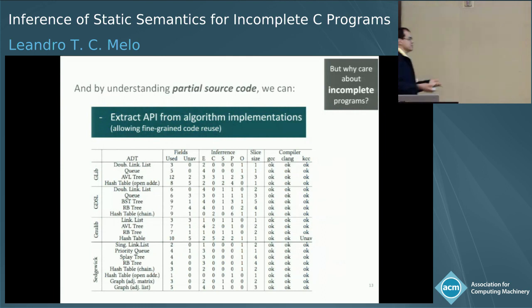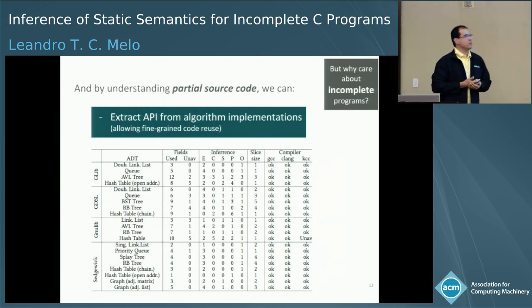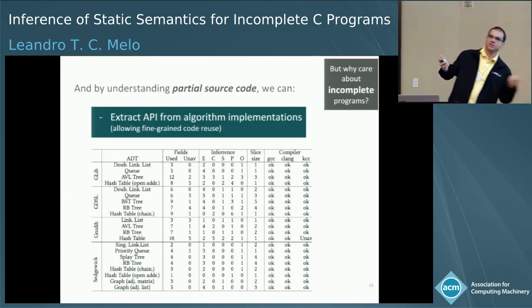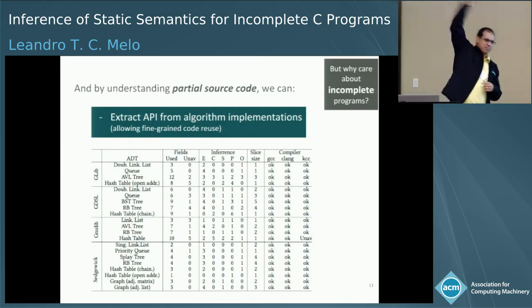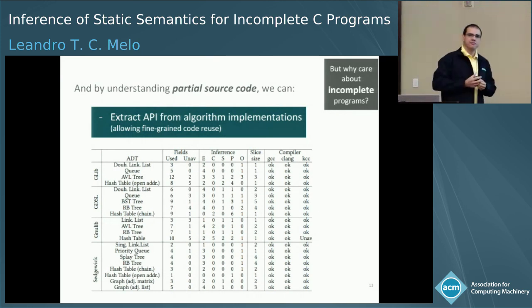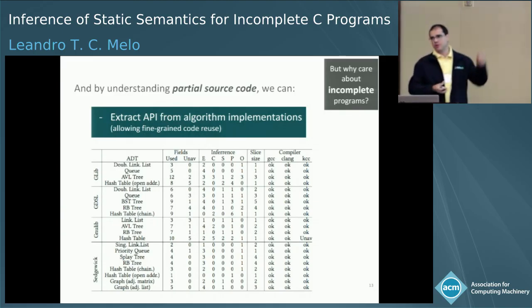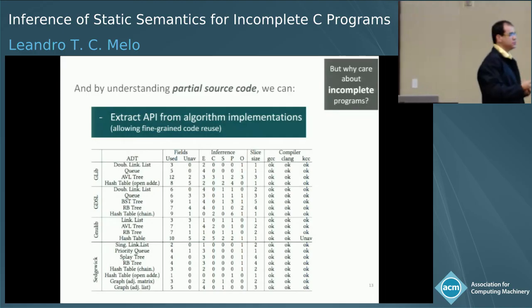Understanding partial source code is also interesting if we want to do some sort of fine-grained code reuse, because there are so many data structure implementations out there in cool projects you want to reuse. But then you want to copy that thing or part of that thing, but there is one type and another type that is in the very topmost header of the whole hierarchy, and then you see it goes crazy, right? Because it's a textual inclusion mechanism, and there's just no way out of that. But what if we simply infer the missing part from that algorithm, and you can copy and paste it into your project, and it just works? Of course, you might need to do some fine-tuning.